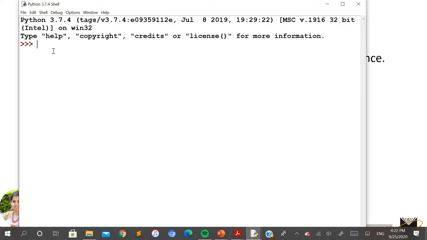So for example, I'll take x, and I'll initialize it with the constructor name list with the opening and closing round parentheses. Once I press enter, you can see here the list variable has been created, which is x, where you can store the values into that x.